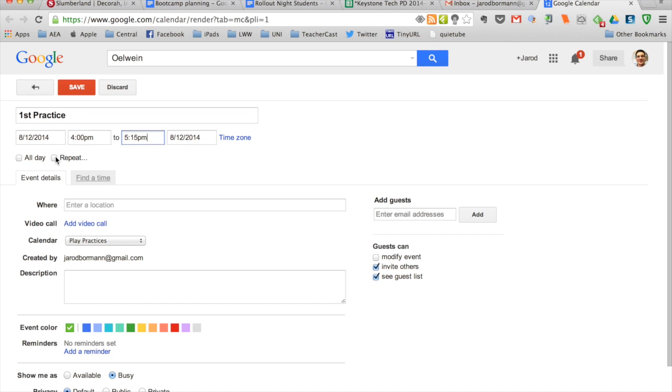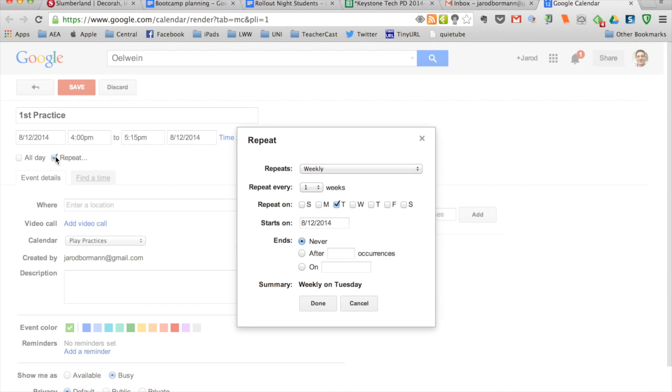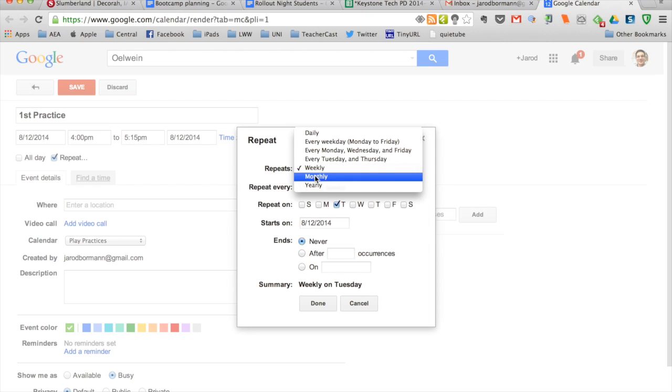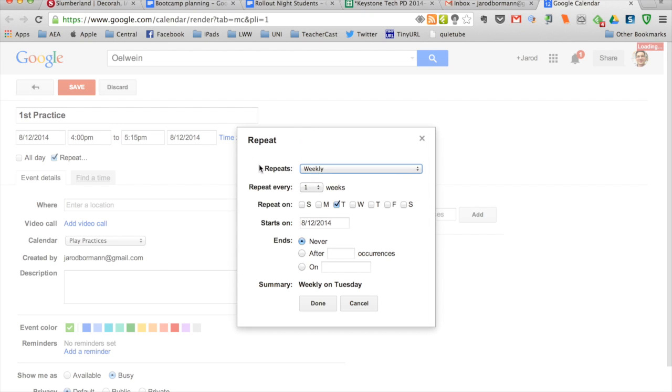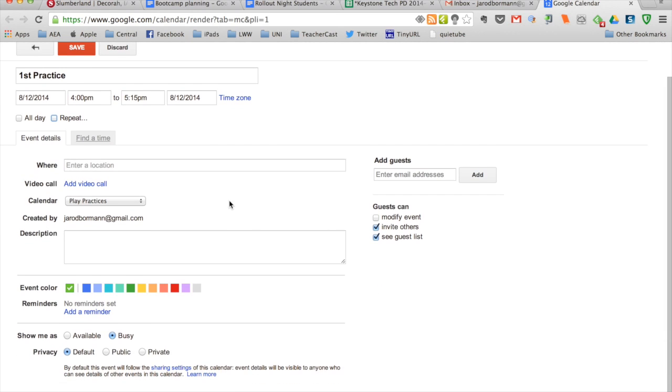If the event actually repeats, where you know it's going to occur every week, every month, every Monday, Wednesday, Friday, every day, every year, so on and so forth, you can select all that information and it'll actually add that same event to the repeating settings that you have set. And then if I want, I'm going to click cancel because I do not want this event to repeat. I can select the location,